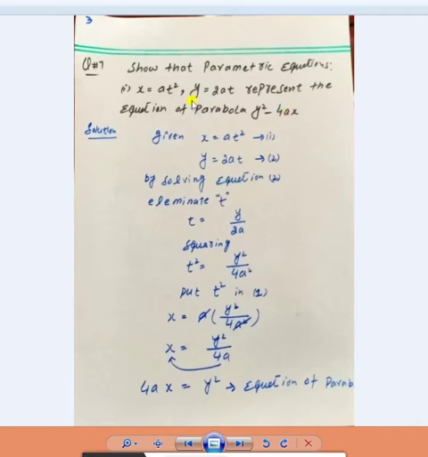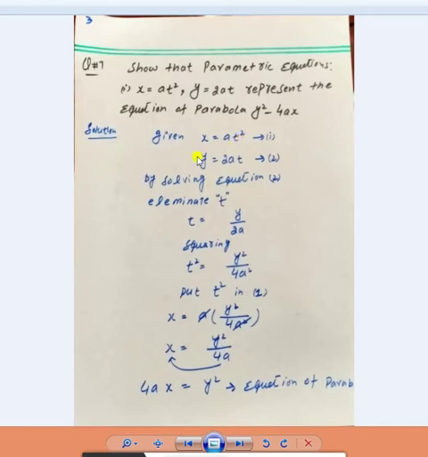In a parametric equation, keep in mind always x and y. x is the independent variable and y is the dependent variable. And keep in mind, in a parametric equation, x and y are expressed by a third variable, that can be theta or t. Here the third variable is t, and t is also known as the parameter.